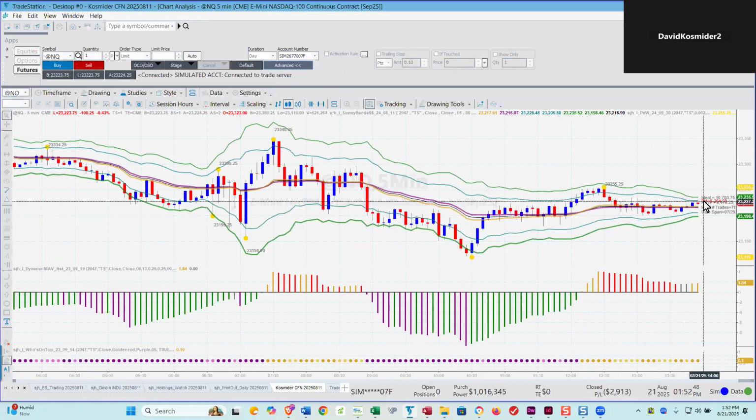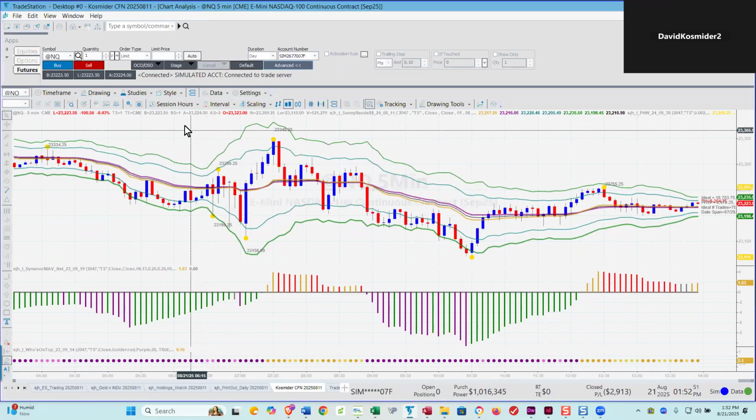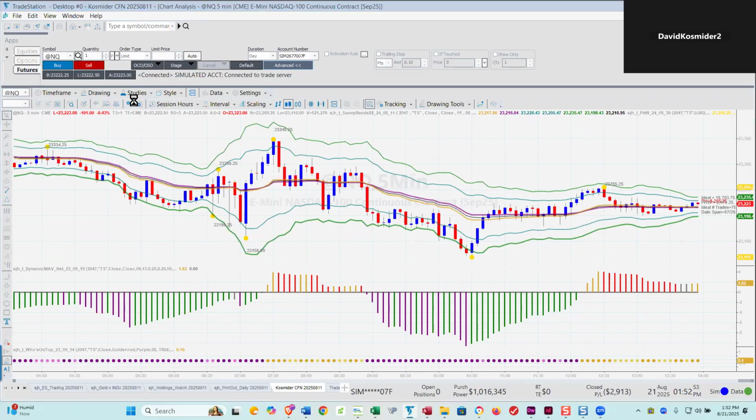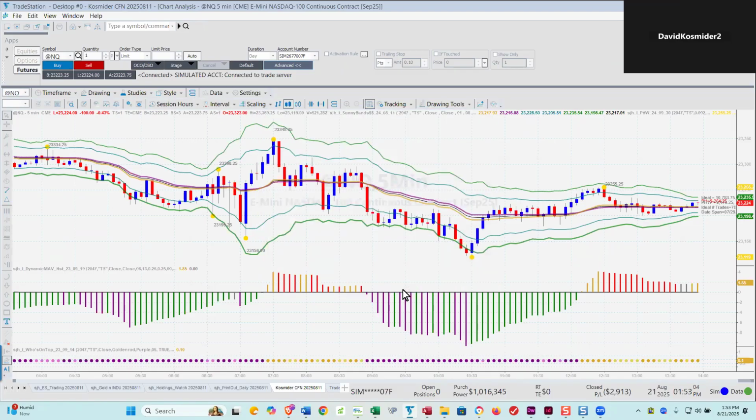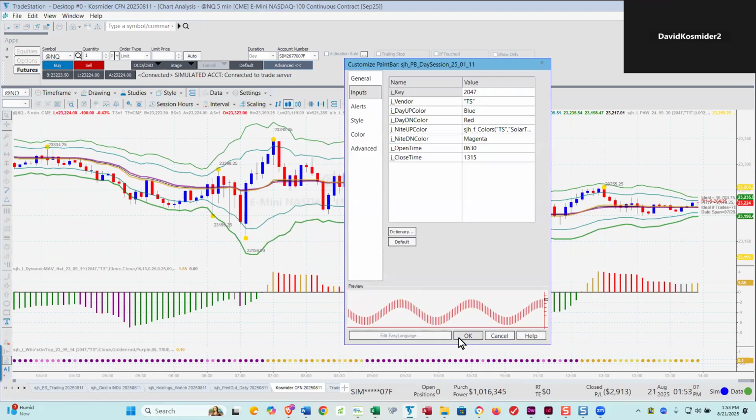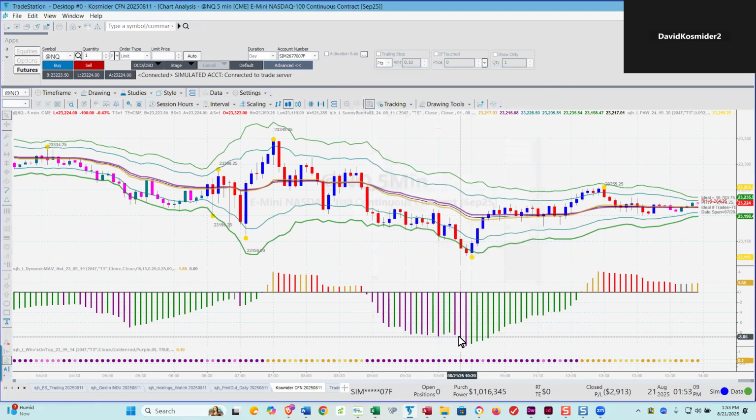And we're sideways on this one. So let me put another study on here. Add study, and then I have a paint bar that's called day sessions. This paints the bars for an intraday chart so I can see what's daytime and nighttime. So the green and magenta bars are nighttime, after hours and before hours sessions. Red and blue are the daytime symbol